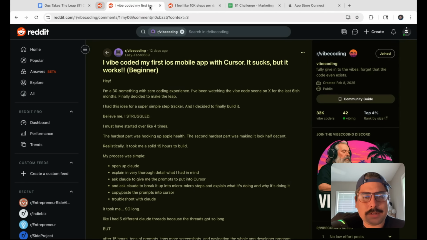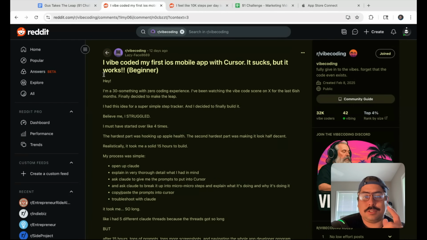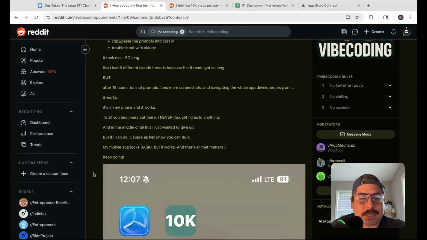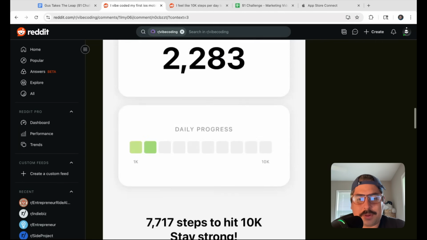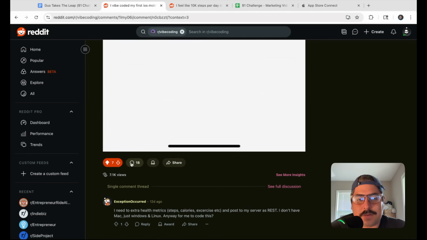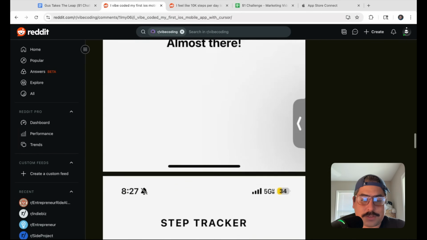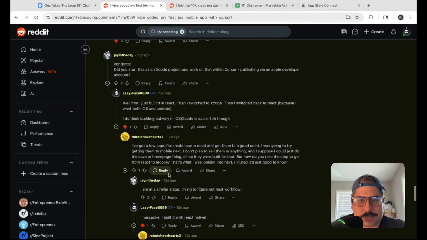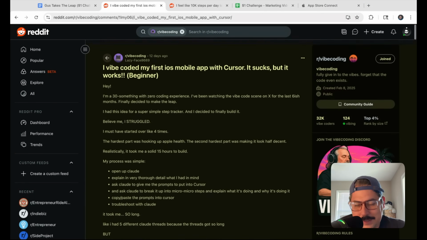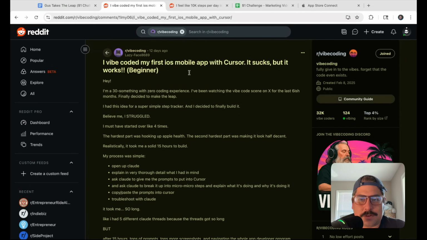Okay, next one. I did a lot more than these, but these are the ones that I feel like are best to show you so you can kind of see what it looks like. This one was a few days before all this, but I shared just a long story that I built this thing, blah, blah, blah. I was able to input a little bit of an older version of what the app looked like in there. 7,000 views, 18 comments. So yeah, this one got kind of a lot more views than I'm used to, I guess you could say. Some conversation, I was able to chime in. I wouldn't say it was very converting by any means, but there's something here, especially for the vibe coding community. I'm sure I can do a lot more in there.